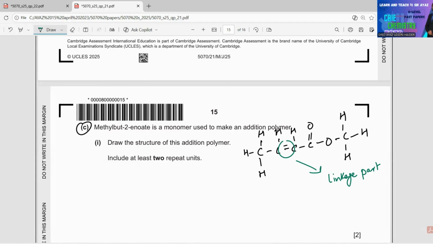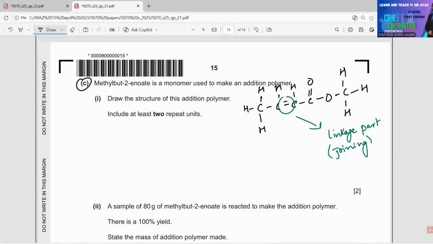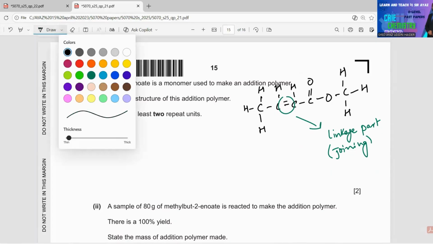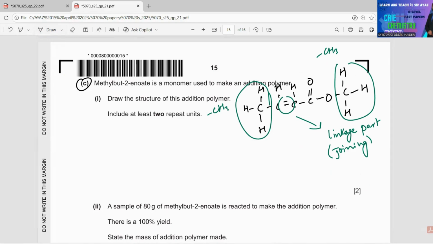This double bond will be removed and will form a bond in the polymer. So what we will do, we will consider the CH2 as bonded to CH3. We are going to show this as CH3 for both of these. This helps us in drawing the displayed formula in an easy way, because the space is not enough here.